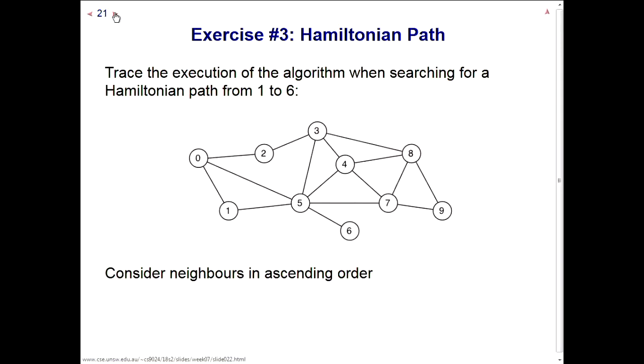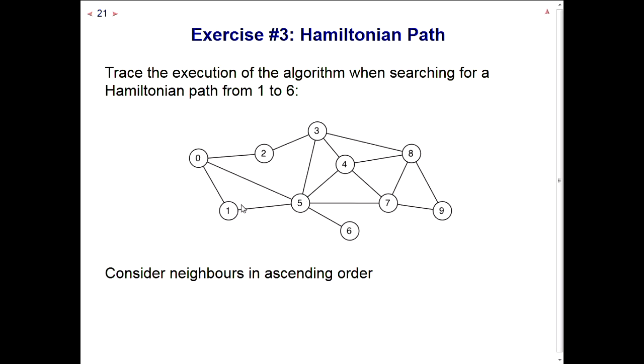Now let's, before the break, have a look at this example here and see if we can find a Hamiltonian path from 1. So now I want to start at 1 to 6. First question, is there a Hamiltonian path? Will we be able to find one? Can you go from 1 to 6? Yes? Okay, how? Yes, so